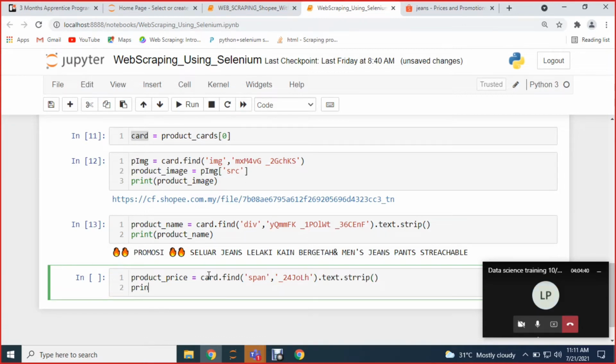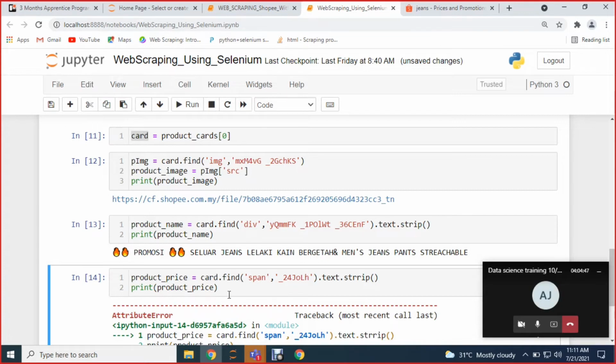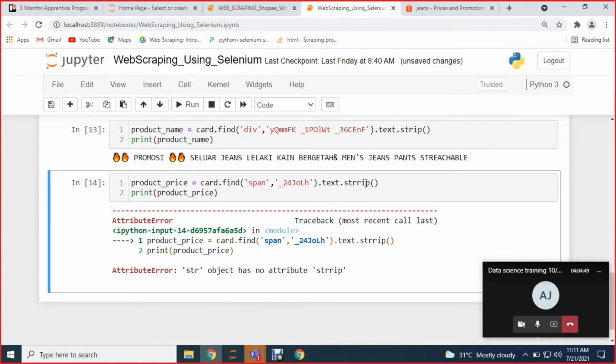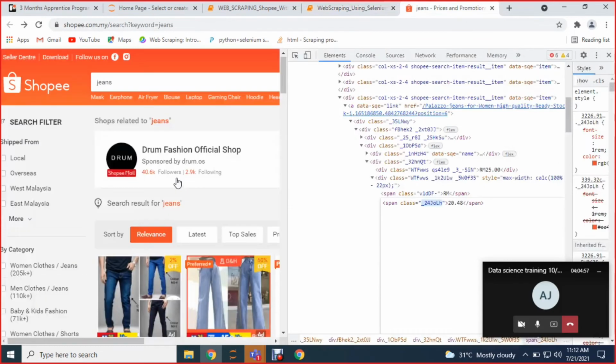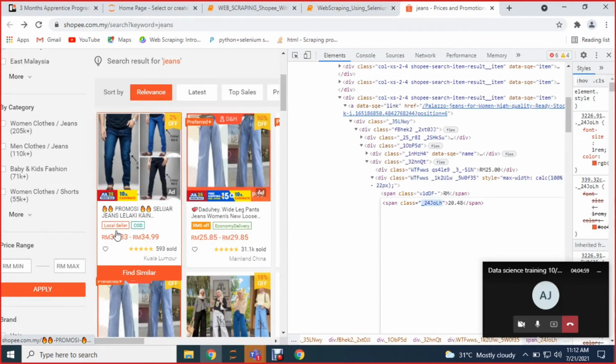Okay, and now if you print this product price, sorry, I need to write only a single R. It will give you the price. So guys, as of now we are playing with the single card, so it is going to give me 32.33. Okay, so focus on the first value if you have this kind of a representation, and here you need